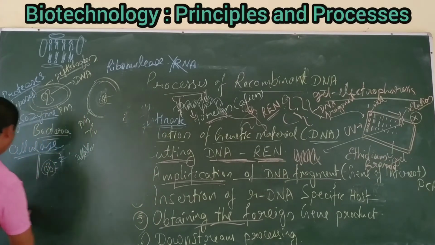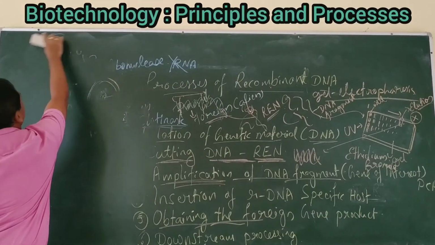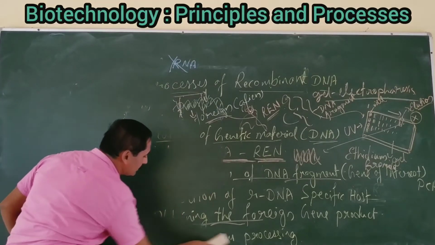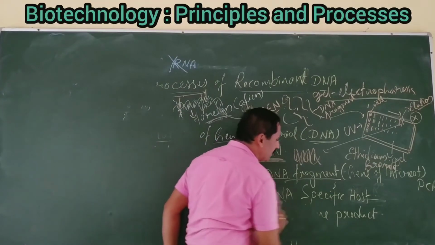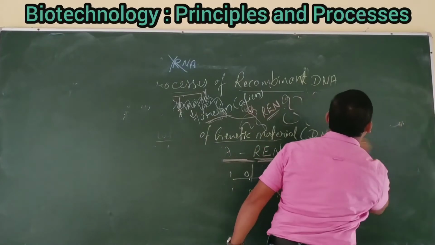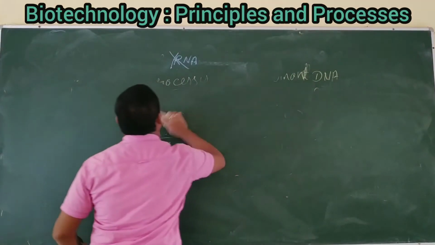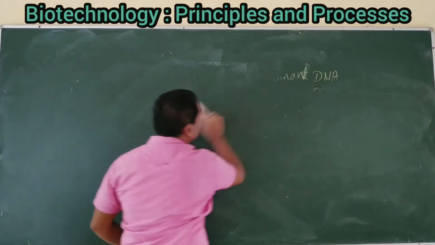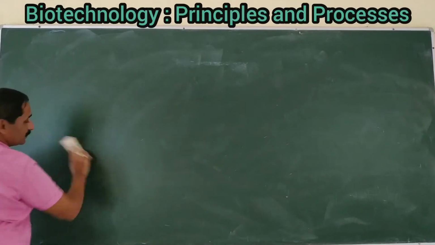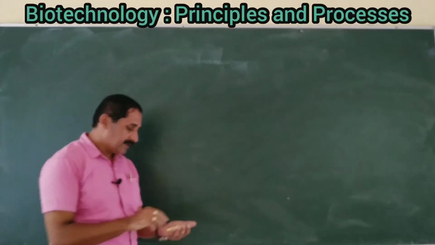A PCR is a machine in which we have to add the nucleotides and RNA primers and synthetic oligonucleotide sequences and Taq polymerase, extracted from a few bacteria that grow in hot water springs and also in deep hydrothermal vents.